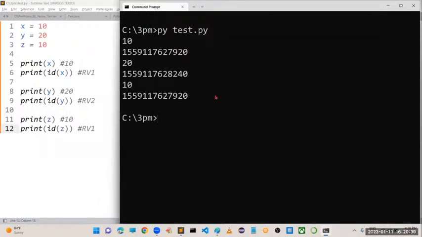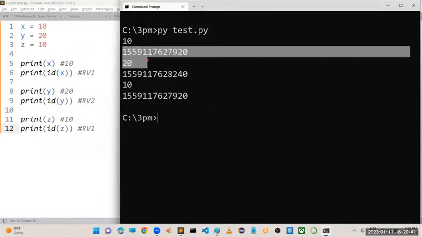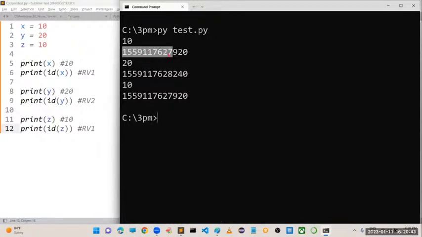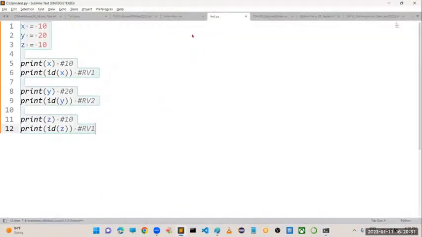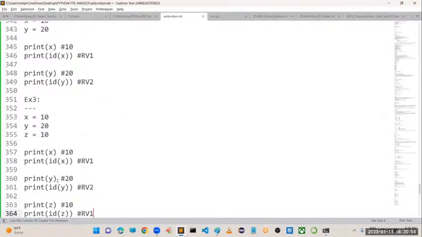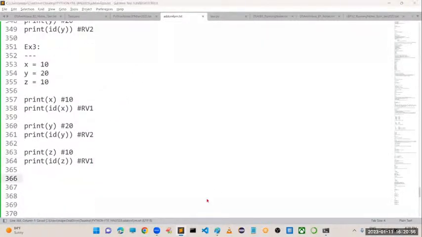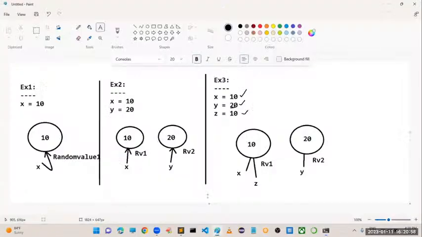If you want, you can see. Sir, are you seeing 155 911 9? Let us see the last 5 digits: 27920, 27920. Like that we have. This is how you can see it, sir. I hope with this you got some idea about how the memory representation works internally.